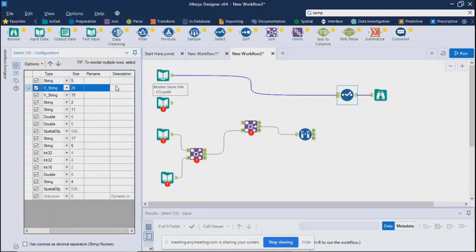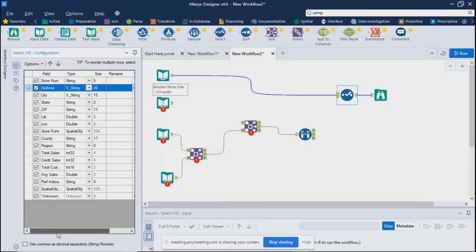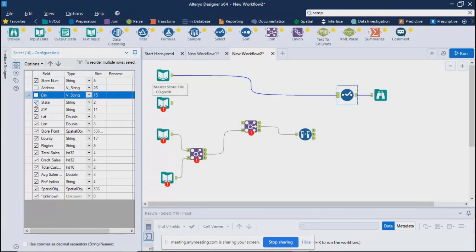You can put your comments, or in case you want to rename address to something else, you can simply type your new name over here. So it's a complete data transformation on a column level. You can change data type. You can select if you need that in output. You can deselect if you don't need it in output. And accordingly, depending on your requirement, you can change data type and size.